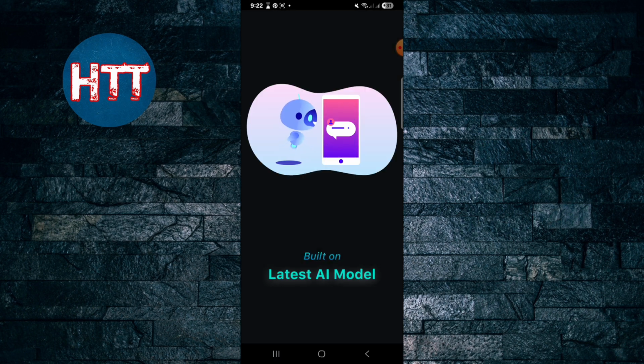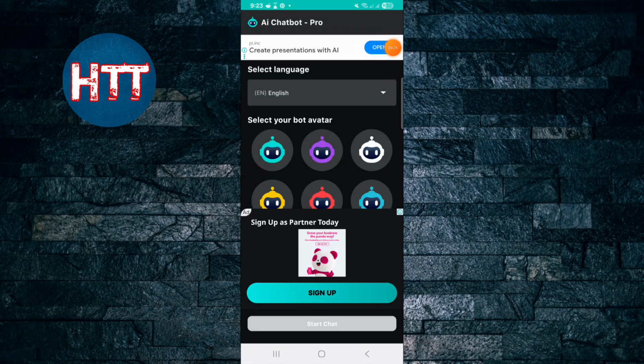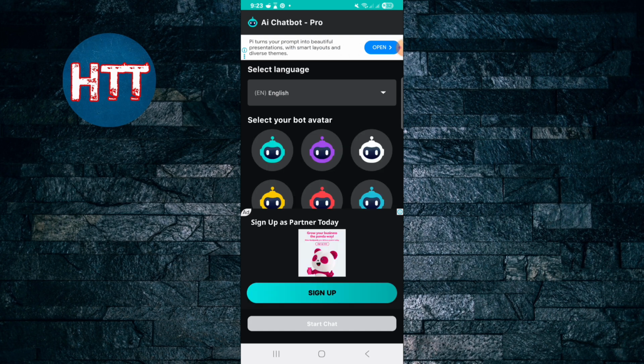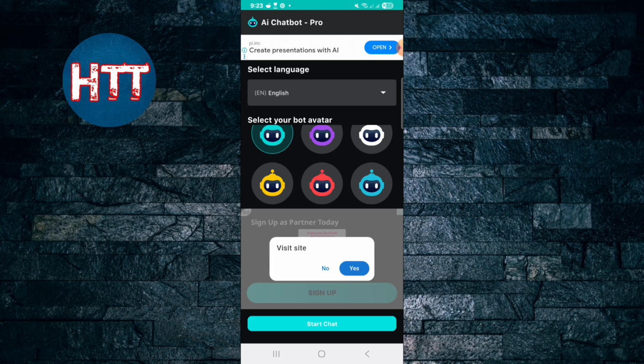It has the latest AI models built in, so you'll get all the latest models in this application. So let's see. Loading, please. So you can see, first of all you need to select your language. I'm just going to keep English, and select your avatar. I choose randomly and tap the sign up button, or you can start,